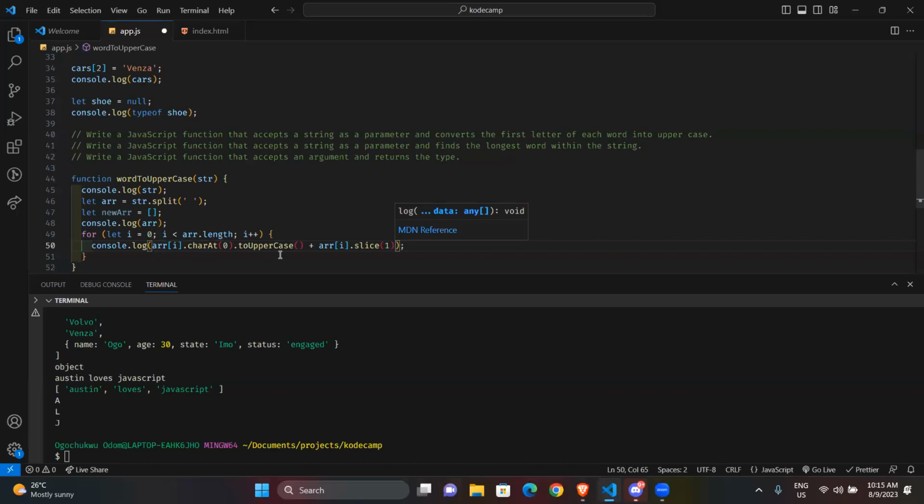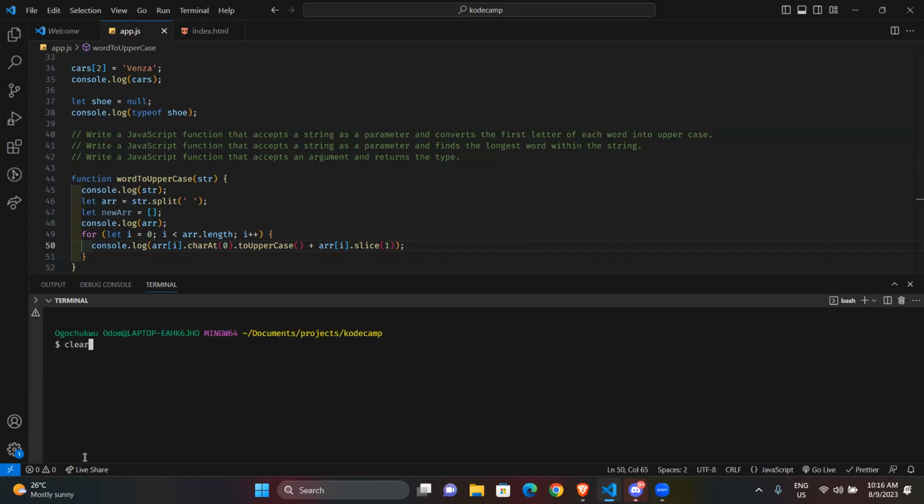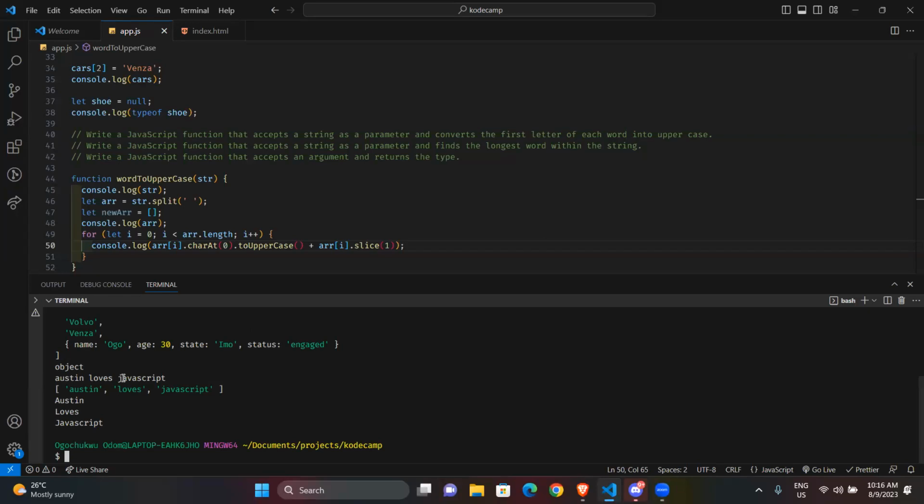So this is supposed to concatenate: you remove the first character here, then you join the remaining characters, and we're supposed to get the full word here. So let me just save and rerun this. Okay, so you see what we are getting here. Austin loves JavaScript. It's already in capital letters.